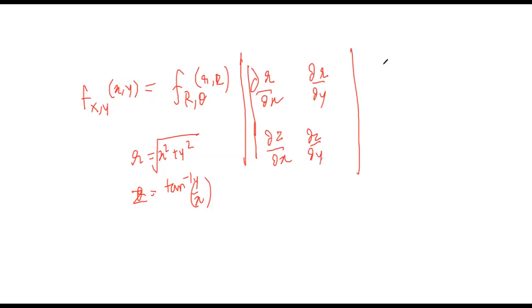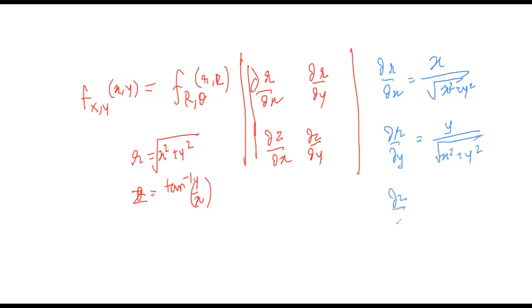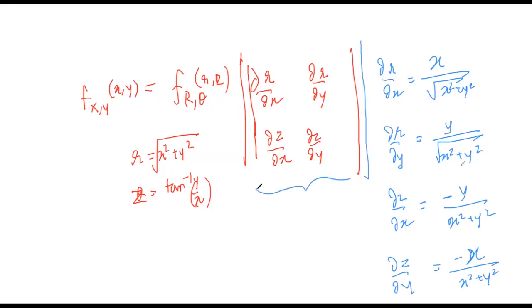If you just compute this, d of r by dx will come out to be x by root over x square plus y square. D of r by dy will come out to be y by root over x square plus y square. D of theta by dx will turn out to be most probably minus y by x square plus y square, and d of theta by dy will be x by x square plus y square. Now if you compute its determinant,